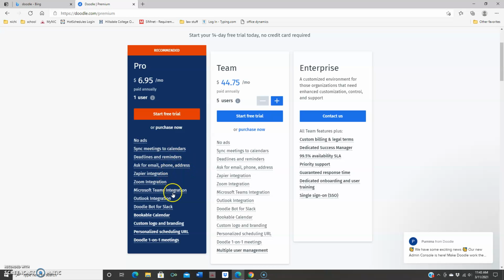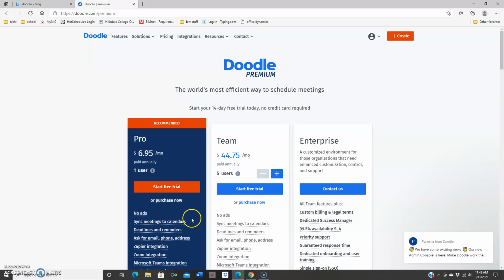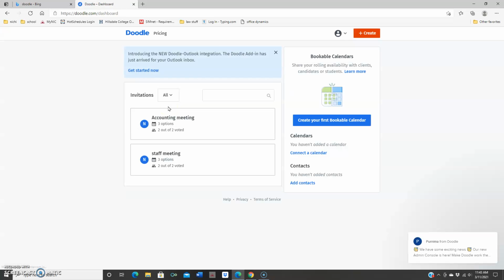You could get Zoom, Outlook integration, so you can put in your calendars and your contacts. This is one-on-one meetings, which is the same. The other thing that I don't see here, there was before I started. You can do one-on-one meetings